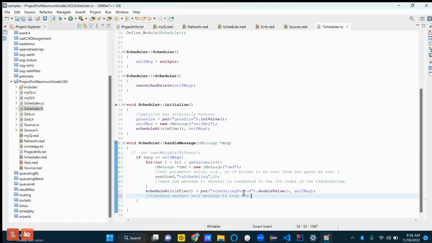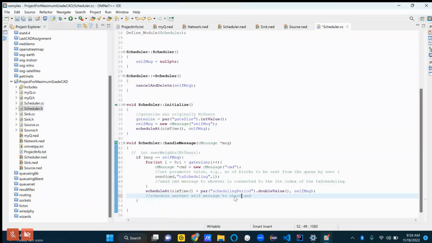What is the self message? The self message is the thing that the scheduler sends to itself to start scheduling messages. It's a little bit funny, because the only way these OMNeT++ modules do anything is when they receive messages. So in order for the scheduler to tell itself to do more work, it has to send itself a message.